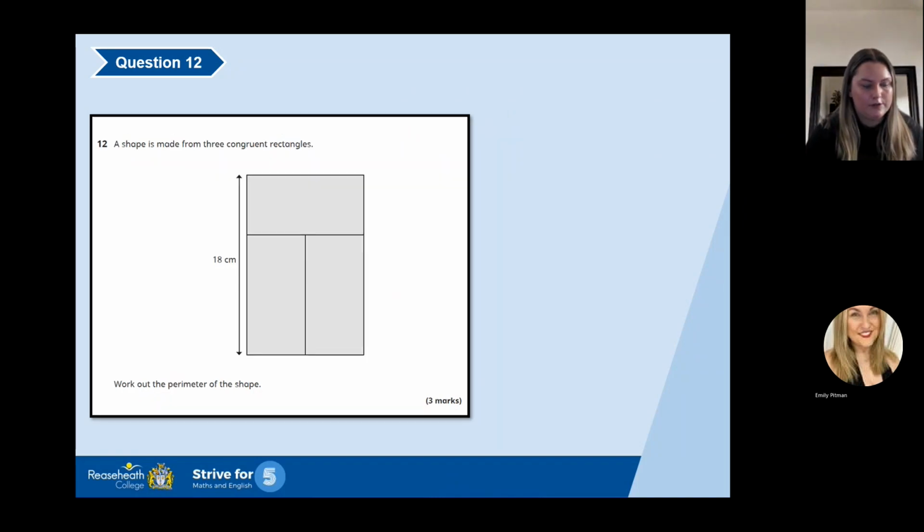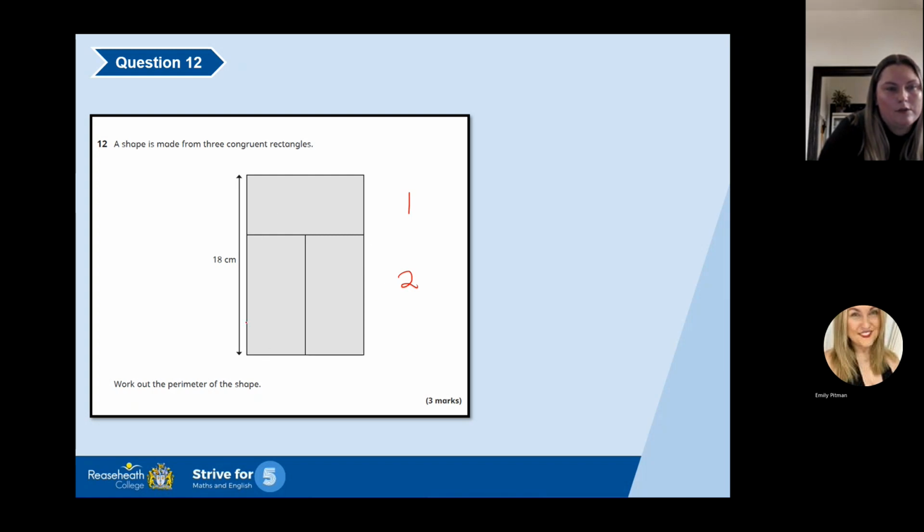Okay, next question. So a shape is made from three congruent rectangles. So congruent means identical, so the same. So all of those rectangles are the same. Work out the perimeter of the shape. Okay, so looking at this, I've got 18 centimetres for the length of one and the width of one. But here I've also got the length of one is equal to 2 of the widths. So that means